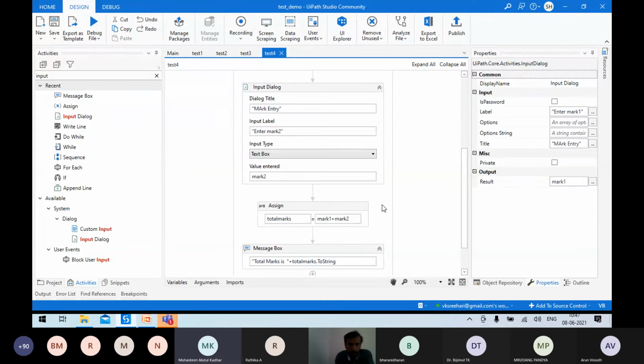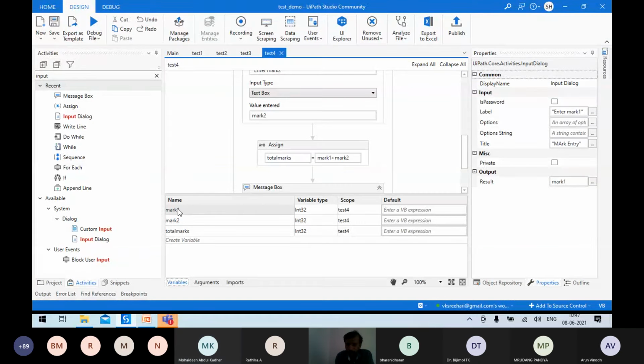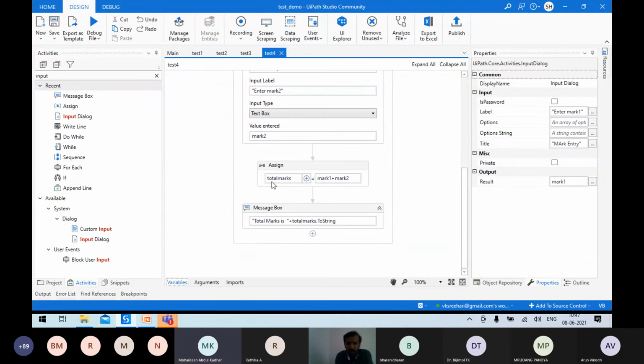Okay. Oh, the error is gone. But in the variable pane, there is. Wait a second. The audio is not clear, sir. Oh, okay. I will correct this. Okay, I think you understood the error. Whatever is here as mark 1, the same name will appear over here. So this variable name, you have to clearly give. Even a single mistake will show an error like this. This is what happened in the last program. So just give the same name as mark 1 and mark 2.